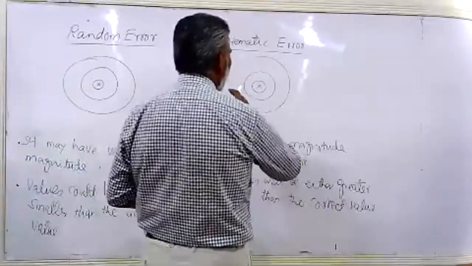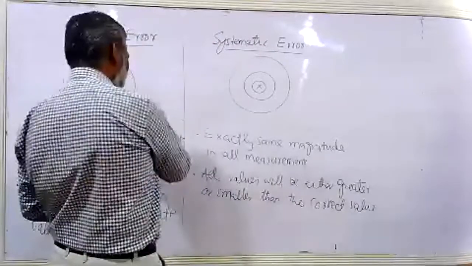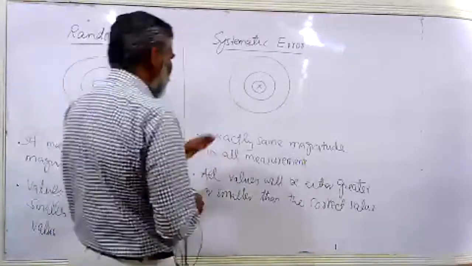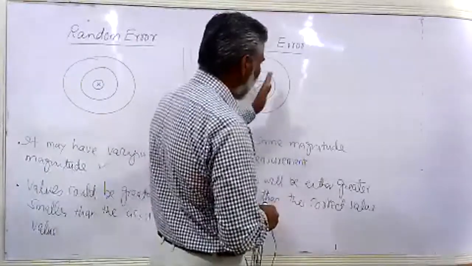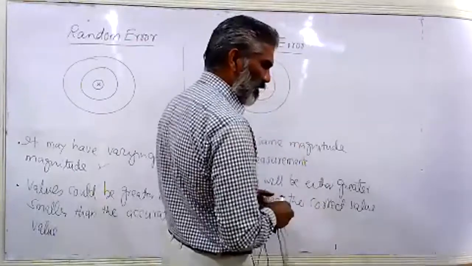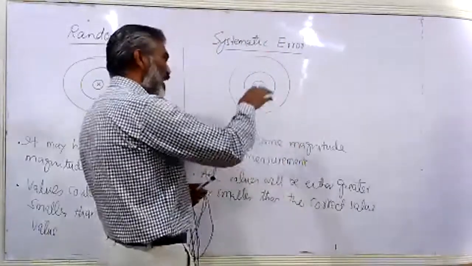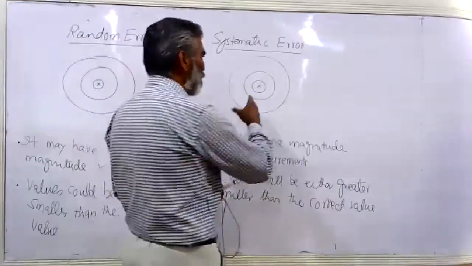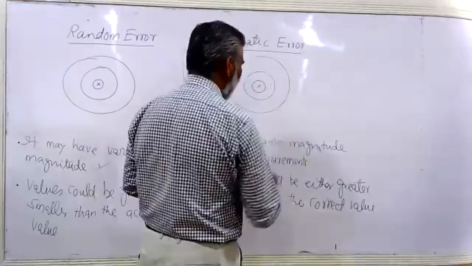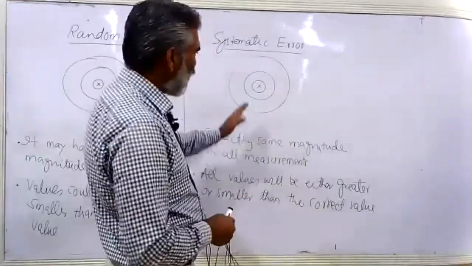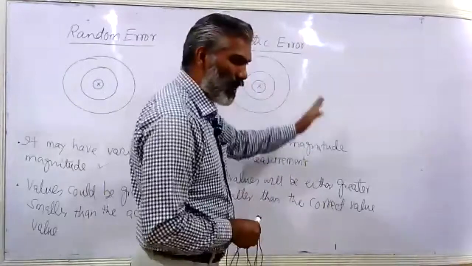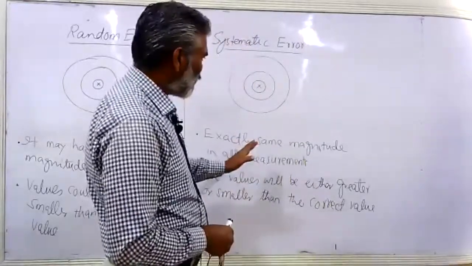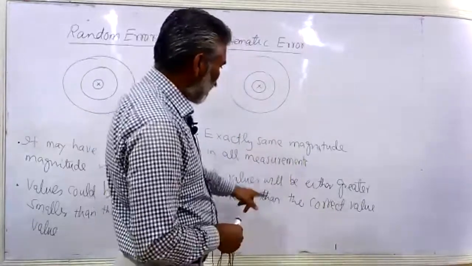Although there is some random error, there may be varying magnitude, because we don't expect all of them to be hitting at the same point, even if there is a systematic error. So random error is mixed with the systematic error here. Although they are hitting at different points, all of them are to this side now. That means there is something wrong with the rifle that you are using,